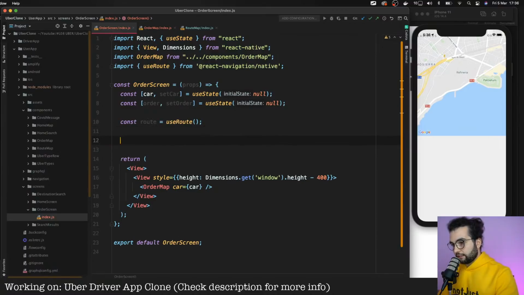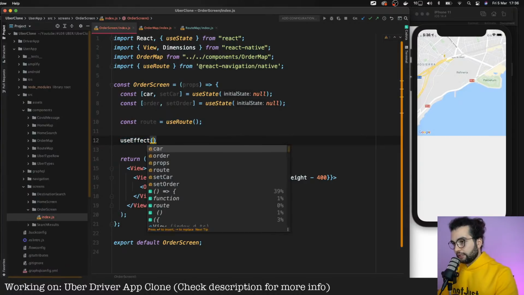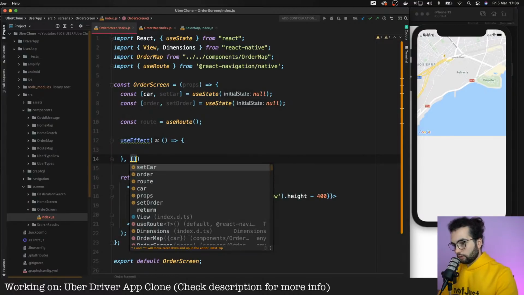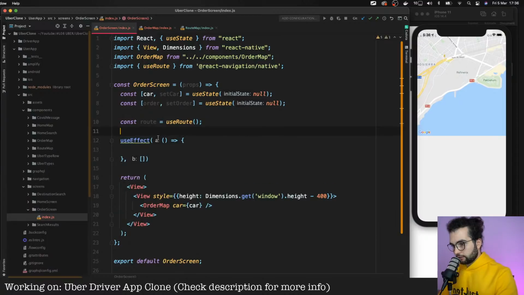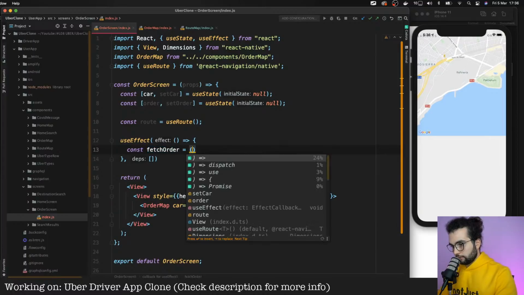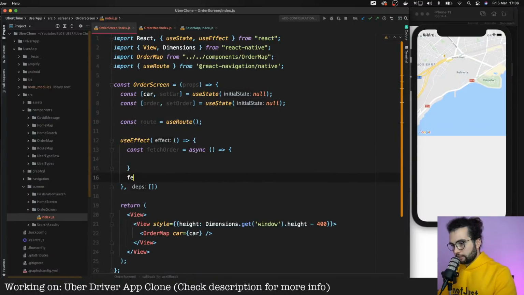Because with that ID, we can fetch the details about the order itself. useEffect is also from React. Let's do const fetchOrder async, and let's call it right away.